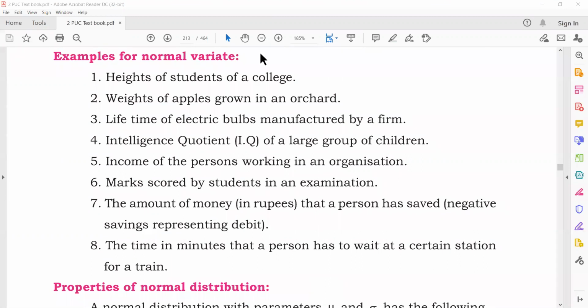Now, these are some of the examples of normal distribution. So you have heights of students, weights of apples, then lifetime of electric components. So life. In most of the cases, when you talk about electric components, you talk about the warranty period, or how long this particular item will help me, whether it is in a house or a particular part like the kitchen and so on. If you talk about the lifetime of a refrigerator, the life of a washing machine, the life of a mixer or grinder, in all those cases, we talk about the life of an electric component. So simply here life, it is the same definition, how long it works.